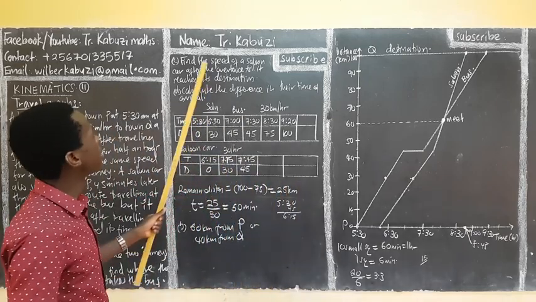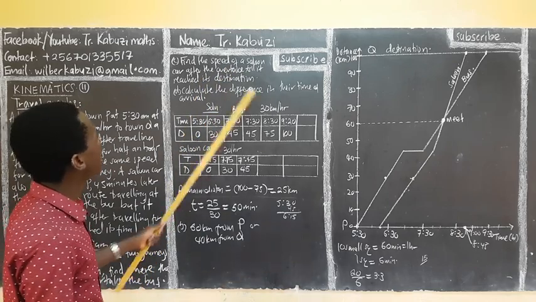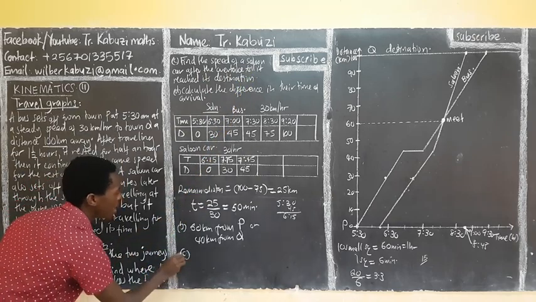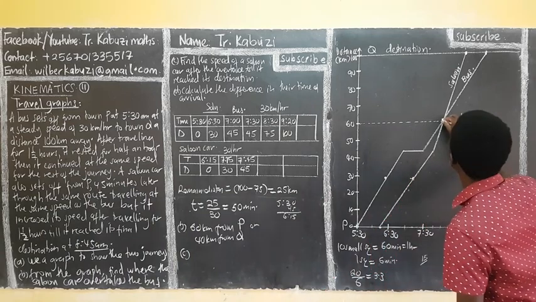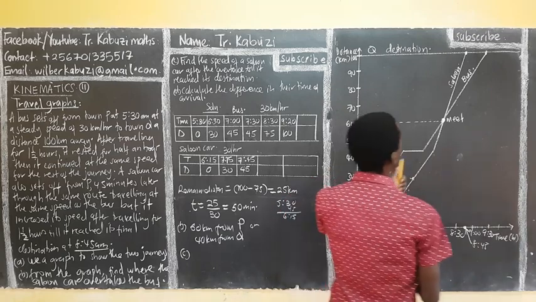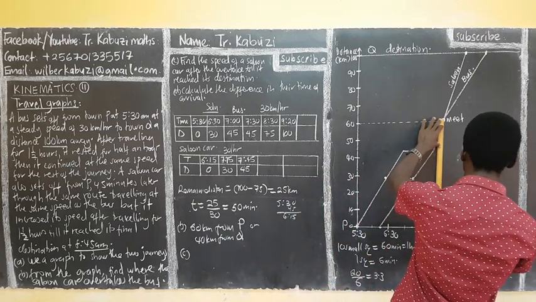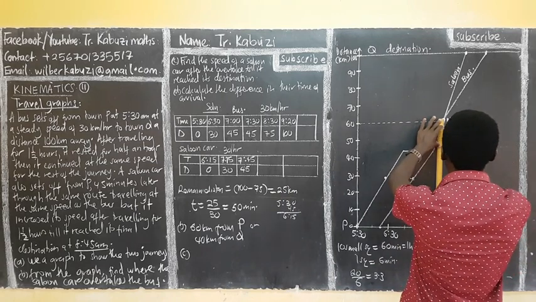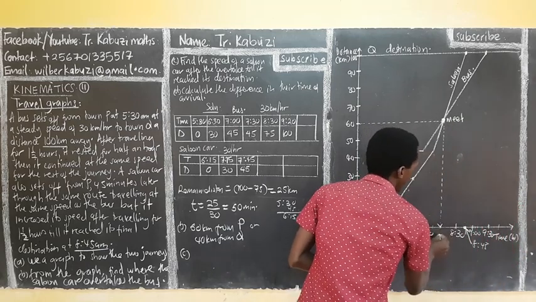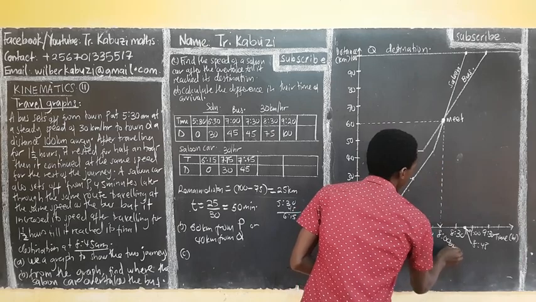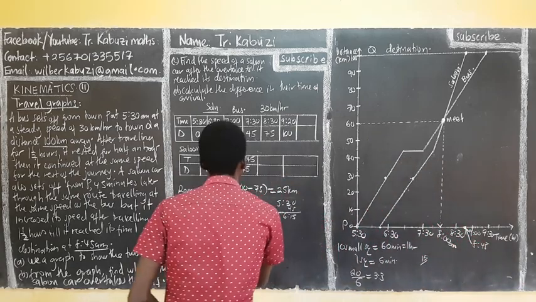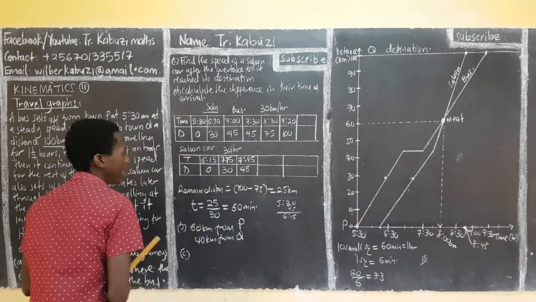Then part C, find the speed of the saloon car after overtaking till it reaches the destination. So they want us to get the speed. From here, it overtook it at, this is the point where I'm trying to get the time of overtaking. When I see here, it's overtaking it at 8 a.m. So the time for overtake is 8 a.m. So the distance is, let me even include the time. Let me include here time from P at